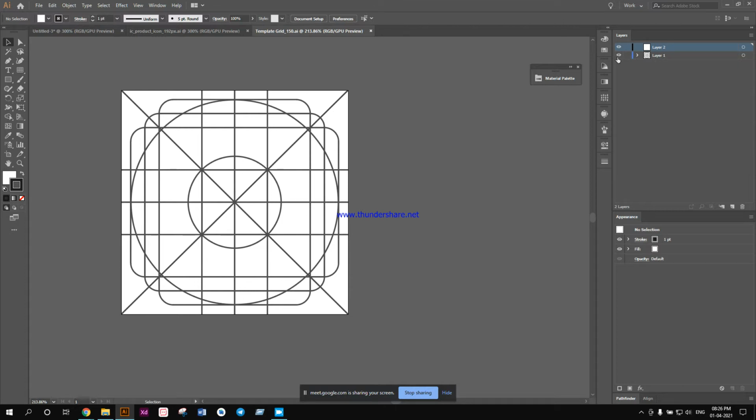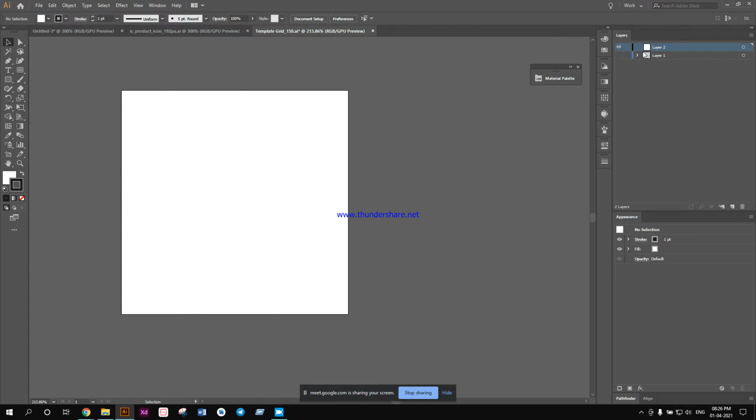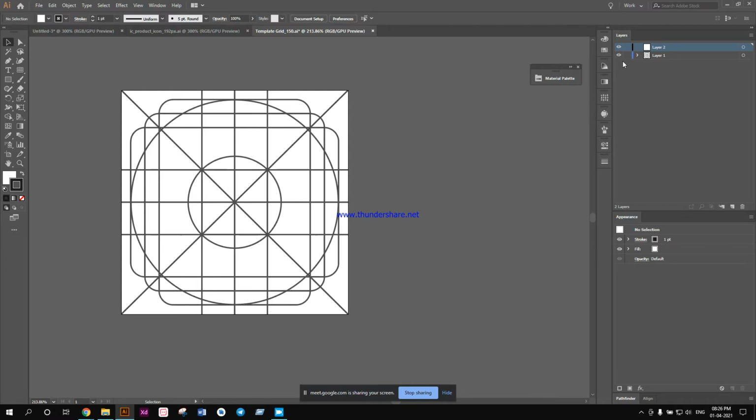Okay, it may not look so simple as of now, but it will look simple once I get more into it. Okay, so I have two layers. The layer 1 contains all the key lines, okay, and the layer 2 is blank. When I disable the layer 1, you can see the layer 2 properly. There is nothing on the layer 2, because on the layer 2 I will actually design the icon. So that's why the layer 2 is left empty. Okay, and on the layer 1 I have the guidelines.